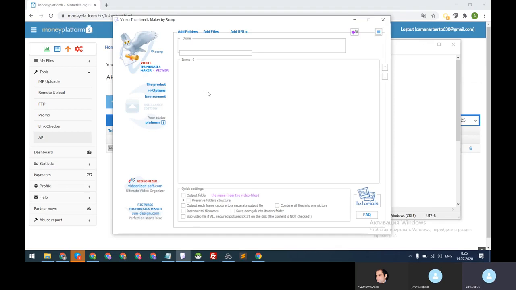You won't need to install it. You just click on it, run, and it works. So why do you need it? Obviously, it's to create thumbnails or screenshots from your video content. So this software can do this,